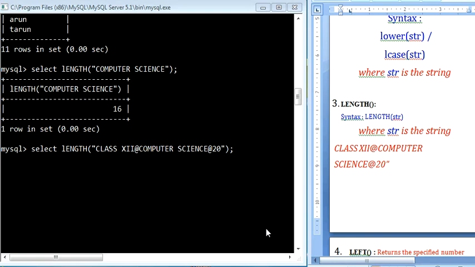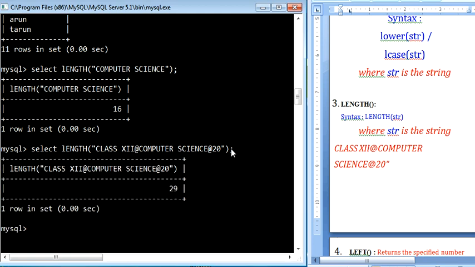Let's see one more example with our length function. Here I have written "class 12th @computer science @20". Whatever data is enclosed within the double quotes, everything will be counted. Let us see what output it shows. Total 29 characters are there in this string.